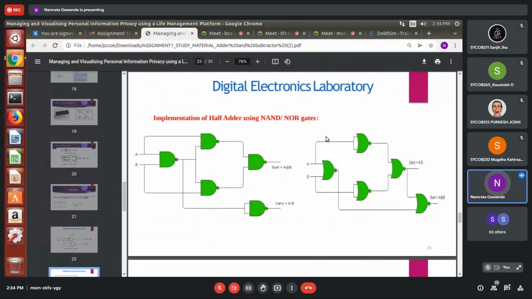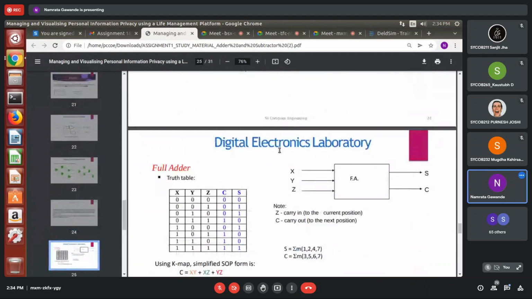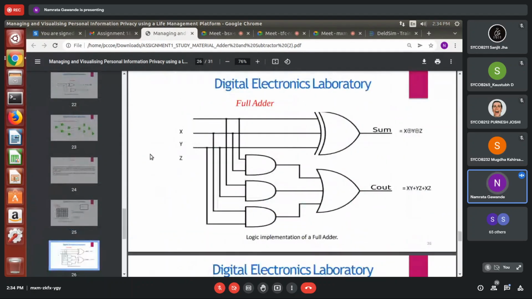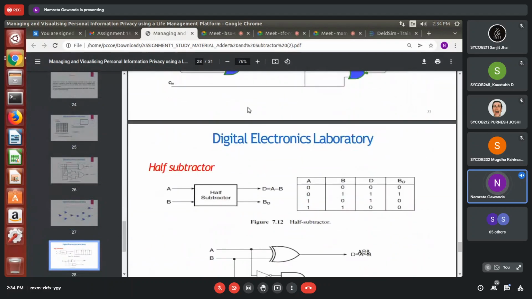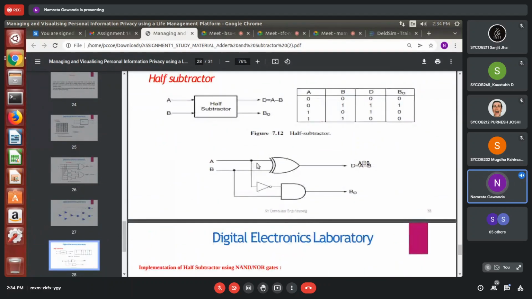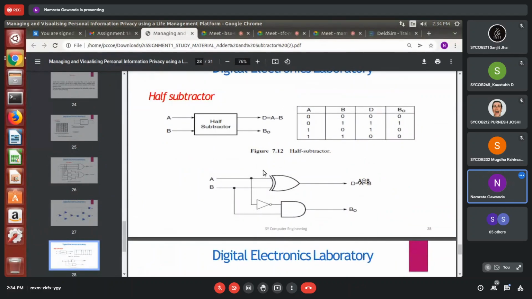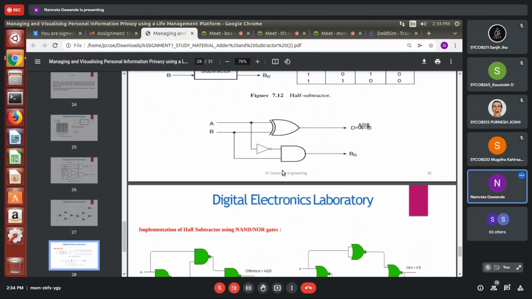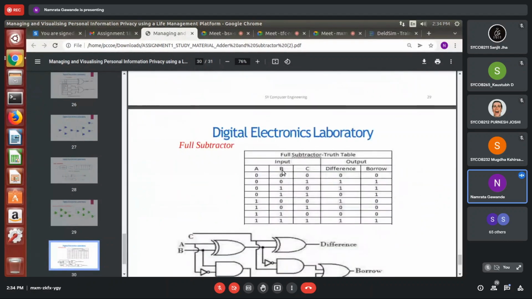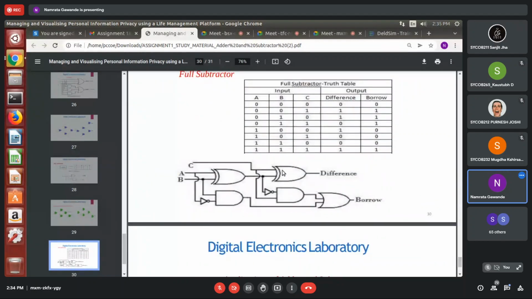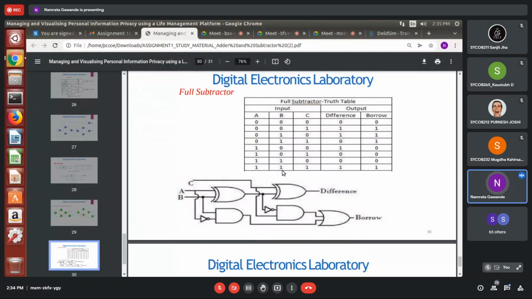Okay, ma'am. Okay, half adder using NAND or NOR gate, full adder, right? Full adder, that you have done, basic gate, full adder. Okay, full adder using NAND gate. That's what I have given you the option. Half adder and full adder, with basic gate, already you have done, right? Now, the universal gate part, either you implement half adder or full adder, from that anyone, half subtractor or full subtractor, from that anyone. Okay? Yes, ma'am. Anyone you can implement.